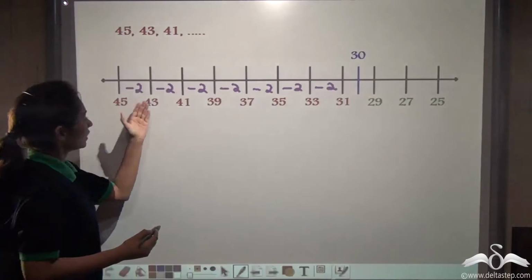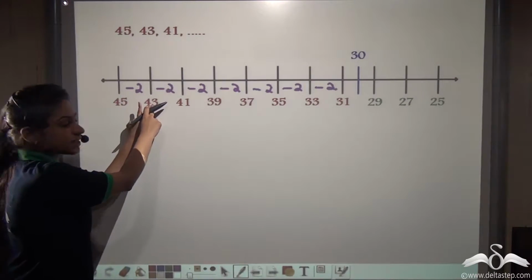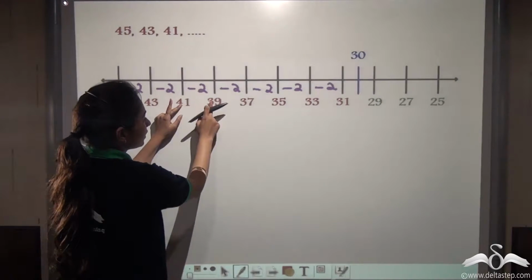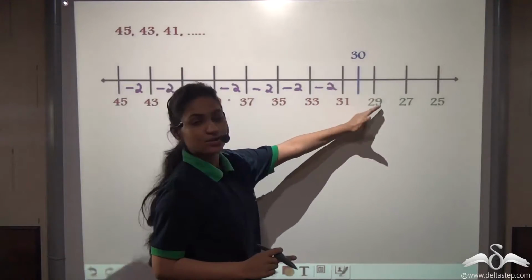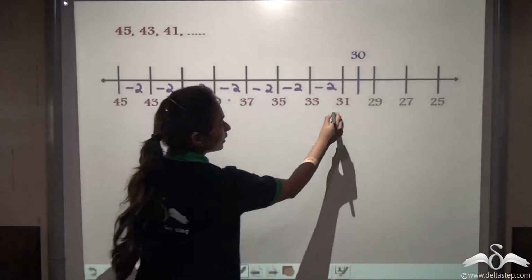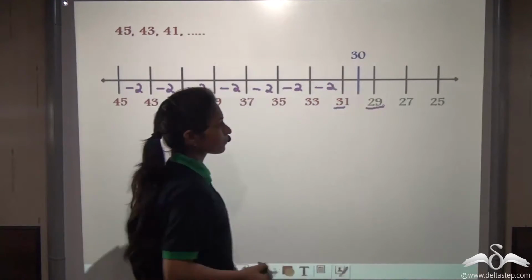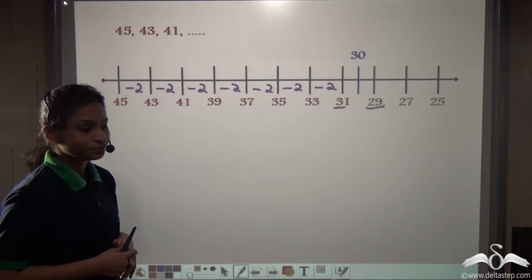So that means with each day's practice, what will happen? 45, the next day she will take 43 seconds, the next 41, the next 39, then 37, 35, 33, 31 and so on. But in this series, I can see after 31, it comes to 29. 30 is not coming in that AP series. So what do we do now?